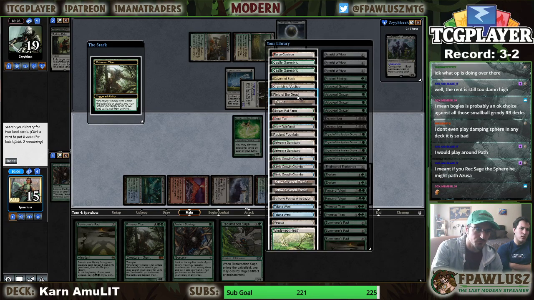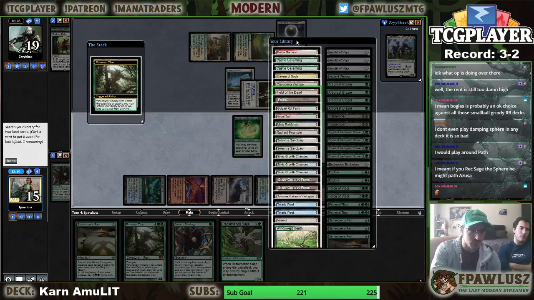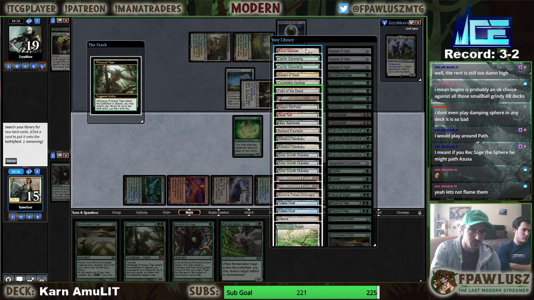Yeah, I don't know why they didn't path Azusa then, but... Yeah, that was definitely the line. In case you're wondering, the line was to path Azusa. It was... definitely was. Yeah. I mean, if...